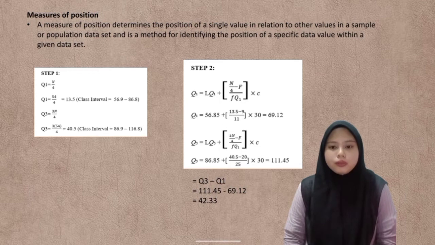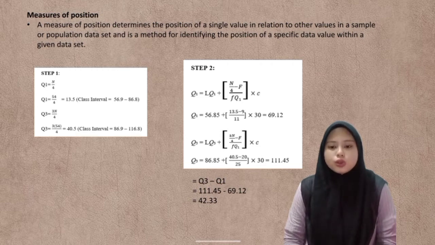So Q1 is 56.85 plus 13.5 minus 9, divided by 11, times 30, equal to 69.12. For Q3, LQ3 plus 3n divided by 4 minus f, divided by FQ3, times c. So Q3 is 86.85 plus 40.5 minus 20, divided by 25, times 30, equal to